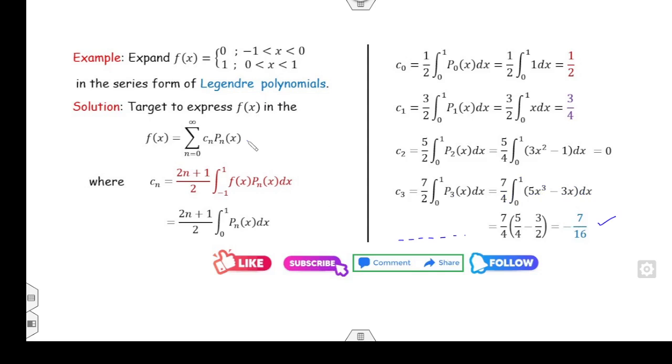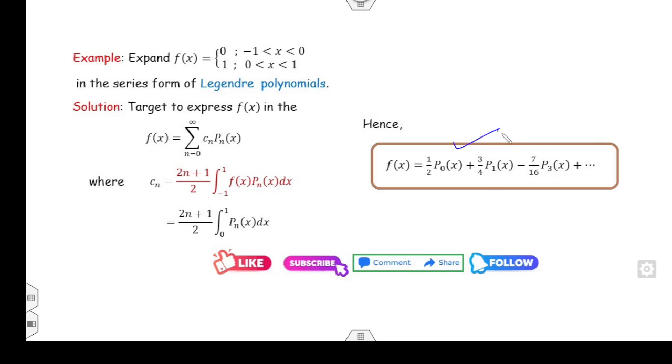Fine. So I can substitute all these values into this expression. C naught, C1 P1 plus C2 P2, because C2 is my 0. So your final answer will be C naught plus C1 into P1(x) plus C2 will be 0, C3 into P3(x) plus, and so on is the required expression of the Legendre